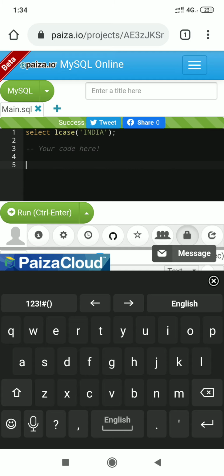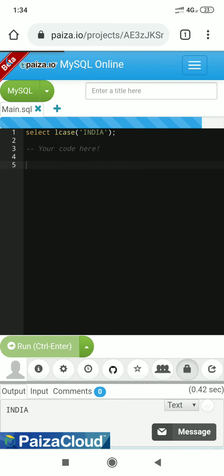Now execute the statement. Students, you are finding the output india in lower case. As argument we are passing the uppercase string India, and it is converted into lower case by the lcase function.